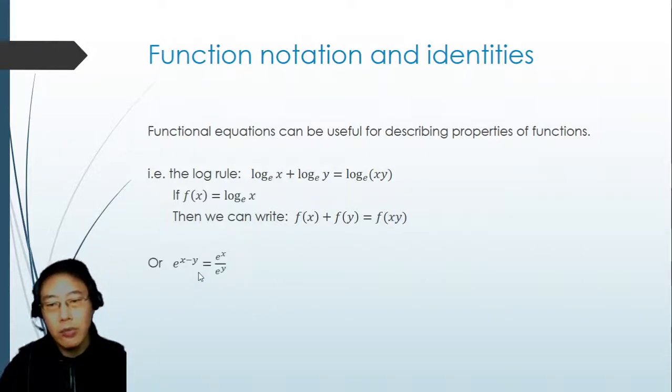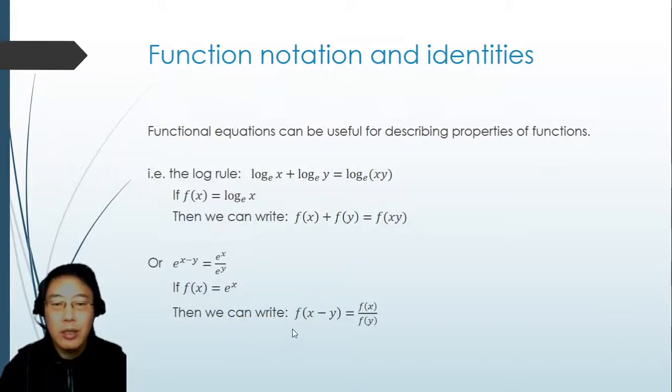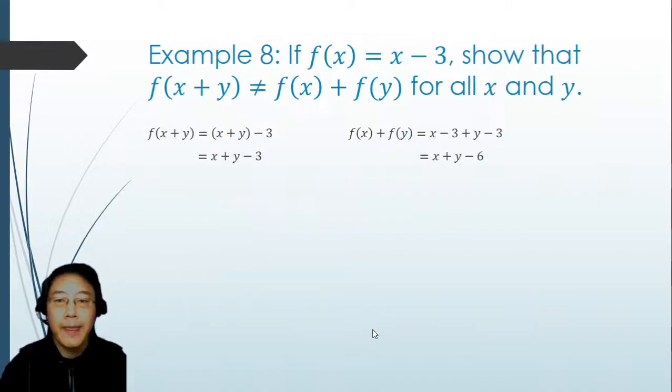Let's do that with an exponential, and we're going to come up with the function notation. Here, the exponential of the difference of the powers gives you a quotient when you expand the exponential. That's from your index notation. So if we define that function accordingly, we can summarize this: f of the difference of the variables is going to be equal to the quotient. So here are some of the applications we use as notation. We define a function, and